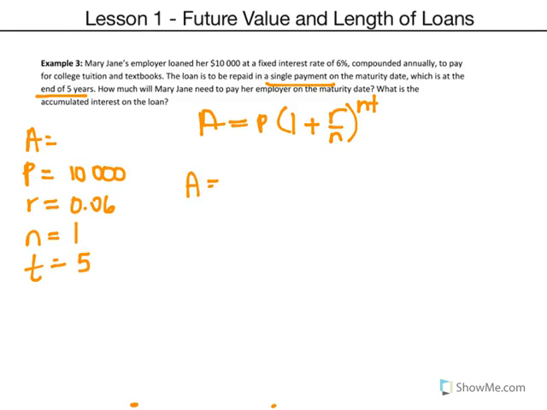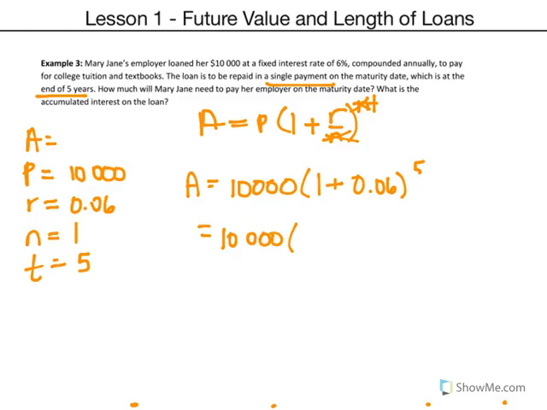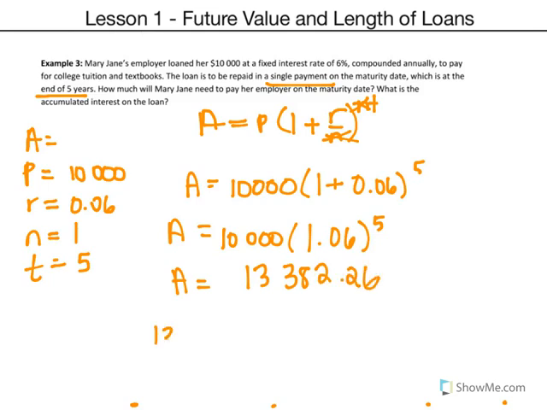So we have A is equal to 10,000, 1 plus, and because our N is 1, we don't need to write it in. So we have 0.06 to the power of 5. So 10,000 times 1.06 to the power of 5 and we should get our future value to be $13,382.26. To find our interest, we would take